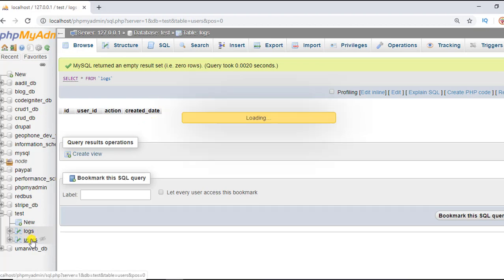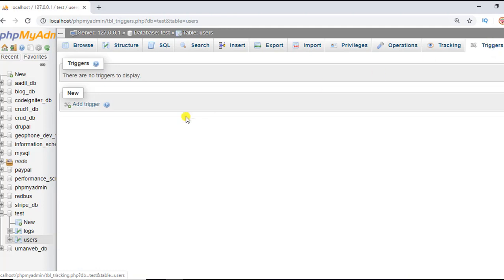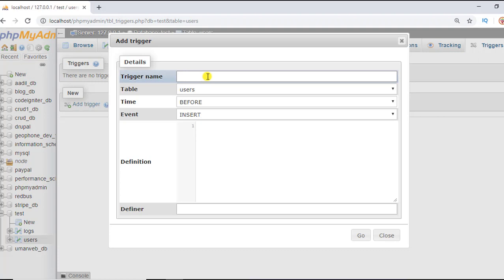So what you have to do is create a trigger in the users table. So here is the trigger option. If you are not able to see this trigger option directly, then of course there would be a drop down named more. So once you click on that drop down, you will find the triggers option. So I am going to create the trigger. So here we have the add trigger link. So once you click that, you will have this